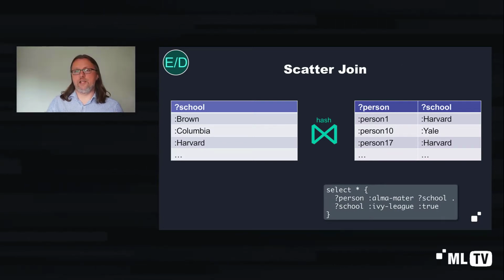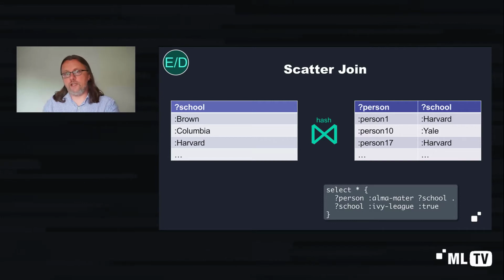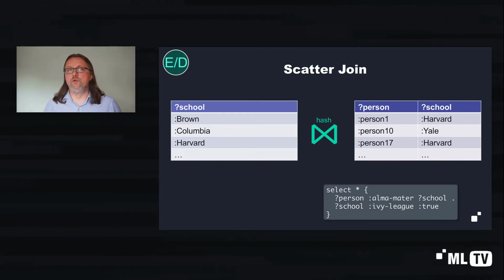So kind of an incremental version of the hash join is a scatter join. A scatter join uses what's called sideways information passing. Sideways information passing is where you take information from one side of the join and you use it to constrain the execution of the other side of the join. And the object here is to make the part of the side of the join that receives the information more efficient by being able to do less work because it knows what values it needs to produce that will actually